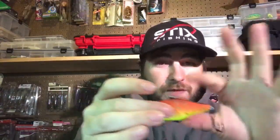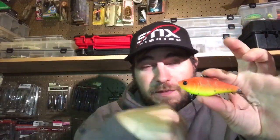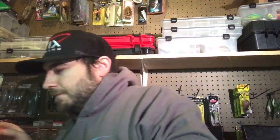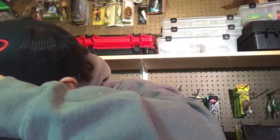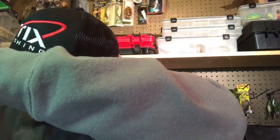You may have your own favorite color. That's great. I caught a lot of fish on this one. Guys said they couldn't get a bite on a Rattle Trap. You got the good triple grip hooks on it. I love these baits right here. And speaking of Rattle Trap,